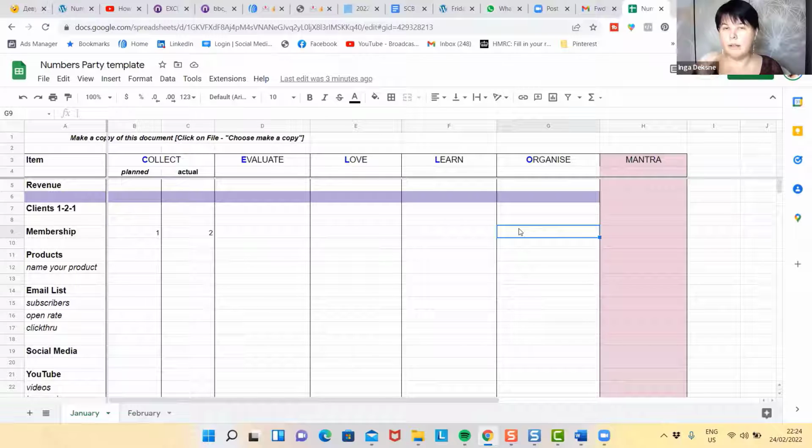For instance, I know that I will do another numbers party in a month's time, so I can put in the calendar all my promotional materials in advance, and all additional steps that would require. Now this is an additional letter, and it's mantra. Again, you can use it. You don't need to use it.